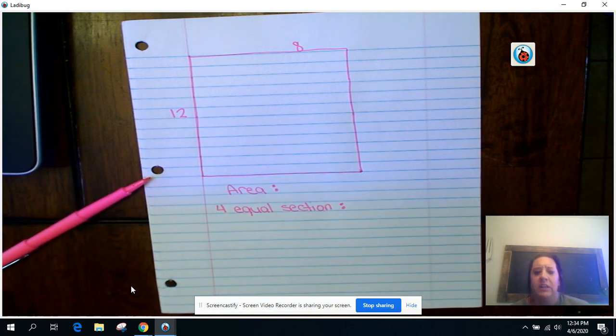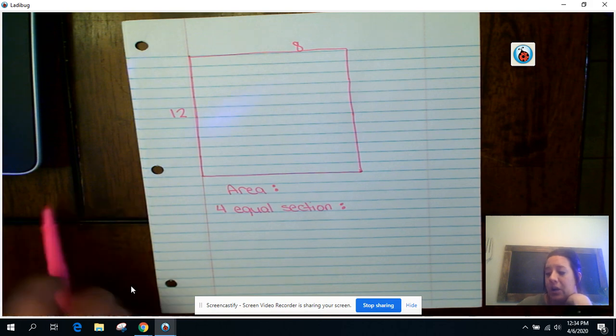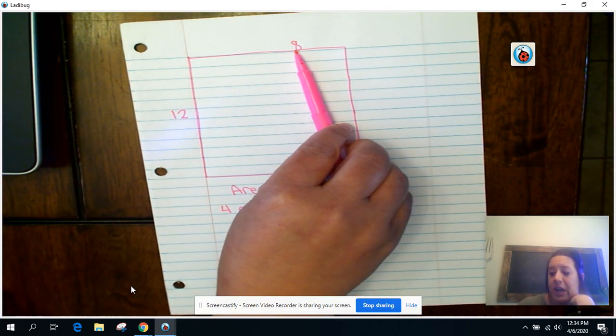And one way to find the area is we can count those little squares if there's squares in it, but this model I just drew doesn't have those squares, so I'm not going to be able to use that. I could also tile it, but again, we're at our houses. We don't have those tiles, so that option is going to be out. So the only option we have for finding the area is to use that length times width, to use that number sentence. So we're going to have to multiply our length times our width, which we know is our 8